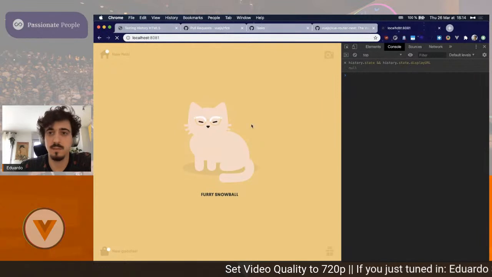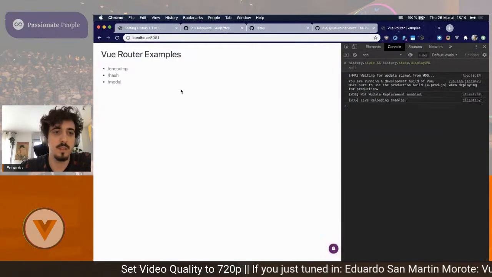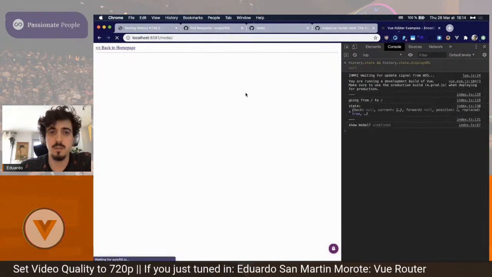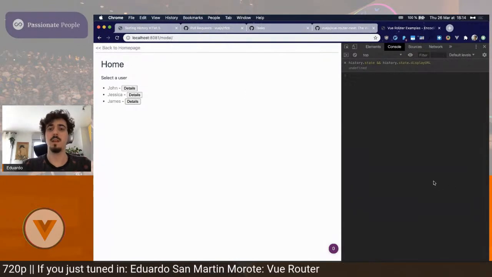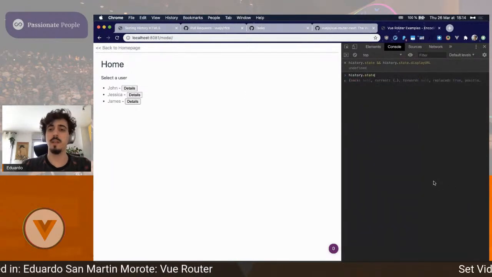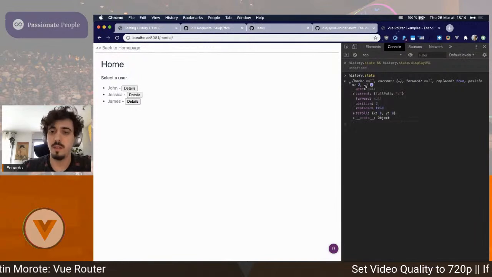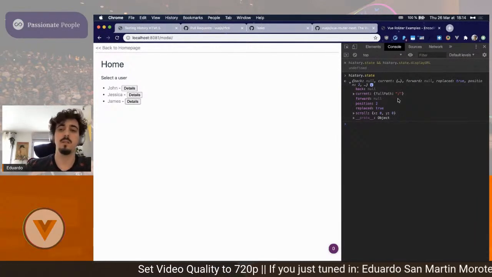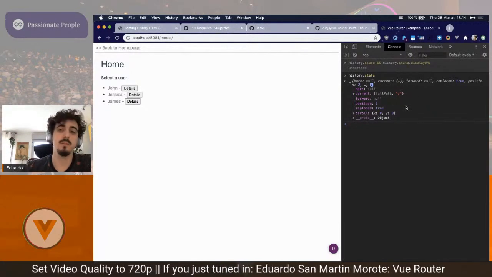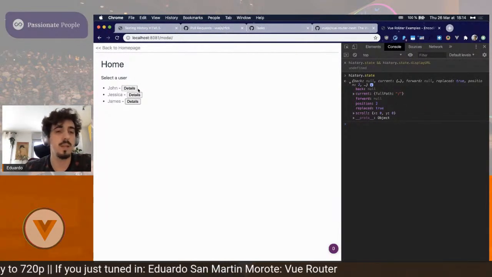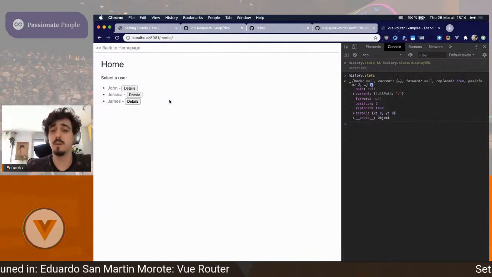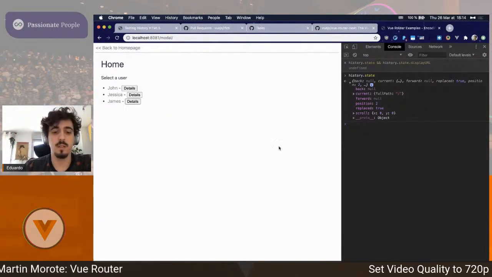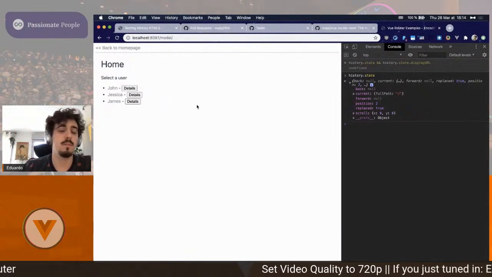No, it's not loading. There we go. So we have this modal, which is what I'm showing. And so we have history.state here, and we can see that there is some information on the scroll position, where are we going, where are we currently, what route we're going to later on, if it will replace, and other stuff. It doesn't mean it's public API, but it's used internally by the router.